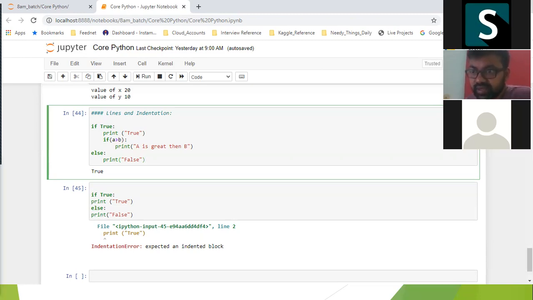As we are starting the batch, it's a fresh batch, so I'm going a little slow and taking only a 1 hour session, because you need to adjust to my way of teaching. Once you are used to my way of teaching and the practice we do in Jupyter Notebook, I can increase the speed and the time slot, instead of 1 hour, to 1.5 or 2 hours to complete the portion.